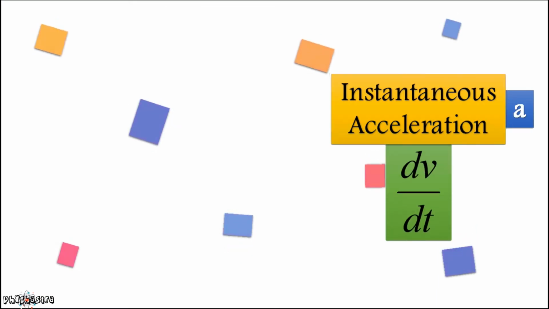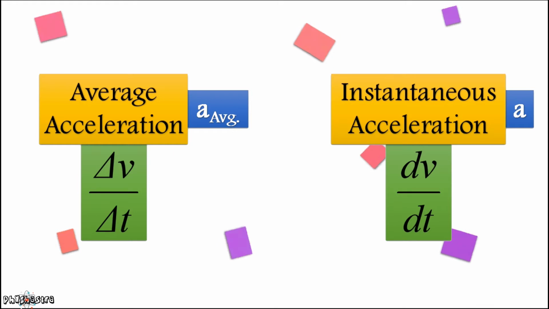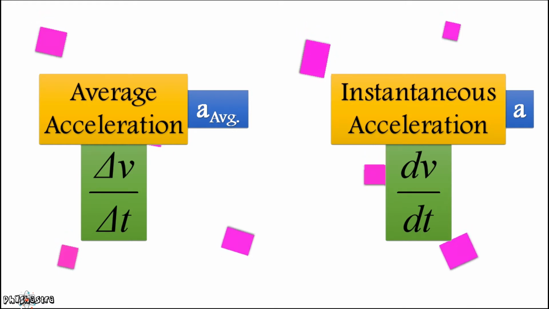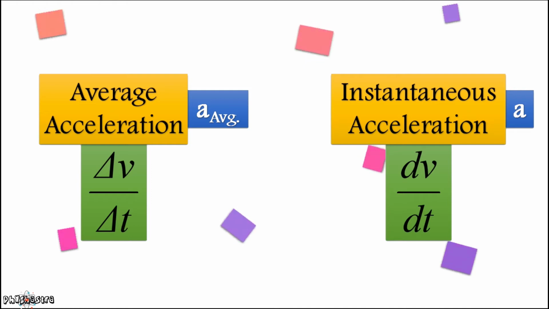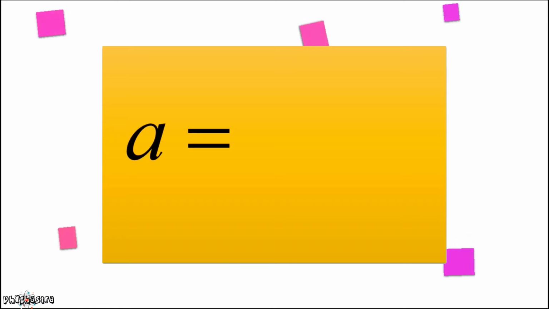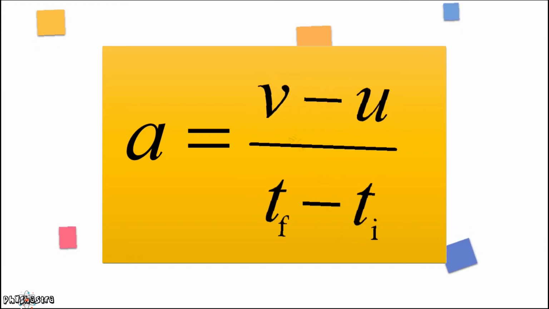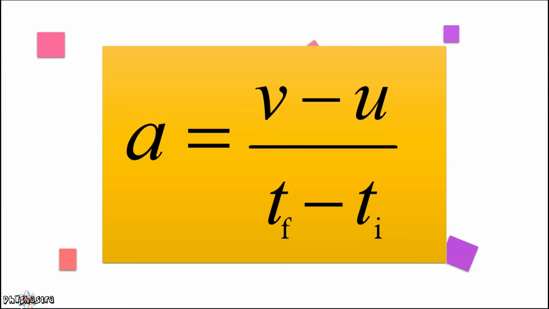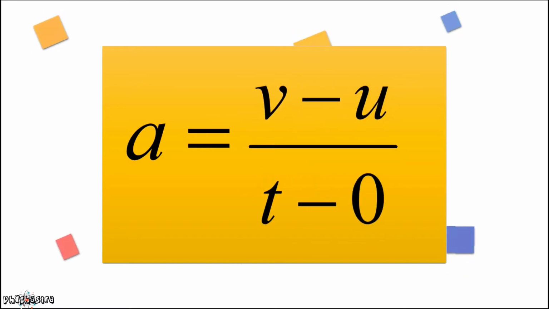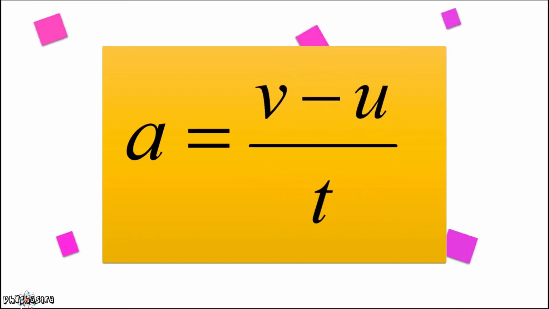In the previous lecture, we differentiated between instantaneous and average acceleration. But when acceleration is constant, then instantaneous acceleration is equal to average acceleration. So we know that the mathematical form of average acceleration is delta v upon delta t. We can also write it in terms of initial and final velocity and time. Now we assume that the body starts from rest, so from time ti equals 0 to final time tf. Let us make it just t. So we use this form for further process.